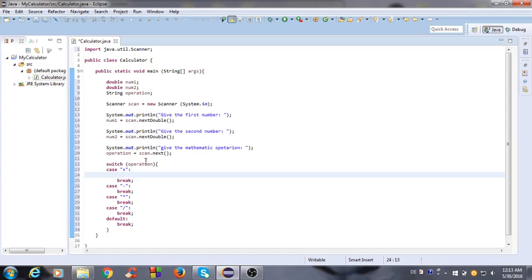So now we must write the code for every case, and we need to think what we need. We need one print on the console with the result,